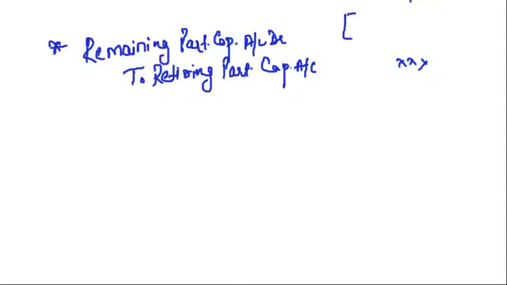Right? Now, in which ratio are the remaining partners going to distribute this goodwill among themselves? Remember, in the case of admission of a partner, when the new partner compensates, the old partners distribute that goodwill in their sacrificing ratio. In this case, the remaining partners are going to compensate the retiring partner in the gaining ratio. The ratio in which they are gaining the share of the retiring partner, in that ratio they will compensate the retiring partner. Is that clear,